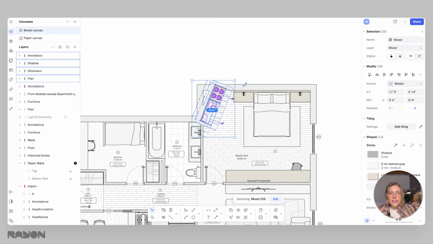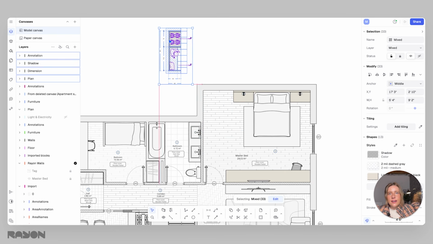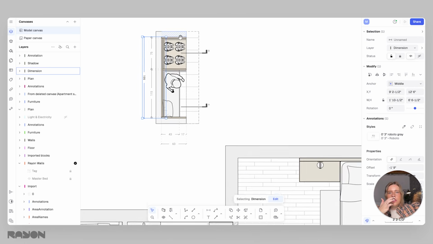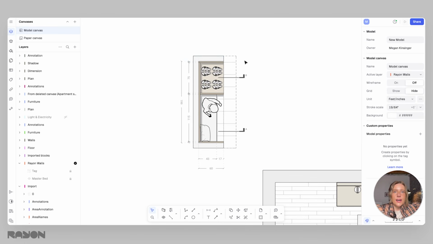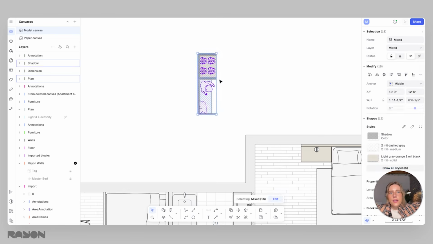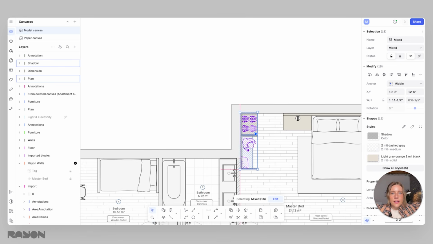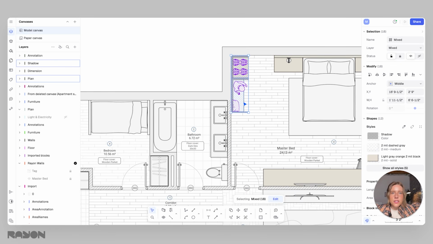So moving that over here, we can rotate it. I can see that I need to get rid of these walls. So we can delete that, and then any other dimensions or anything that we don't need. So let's just delete all of that. And then bring that over here, and we can see that that does fit in the space, but it looks